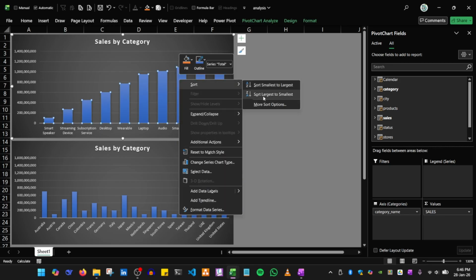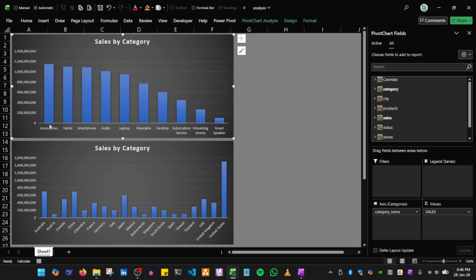Let me sort from largest to smallest like that. So you can see that accessories actually is the top category in terms of sales. So we have sales by category, we have sales by country. Okay, and what else that we can do? We can also take a look at sales, maybe sales or